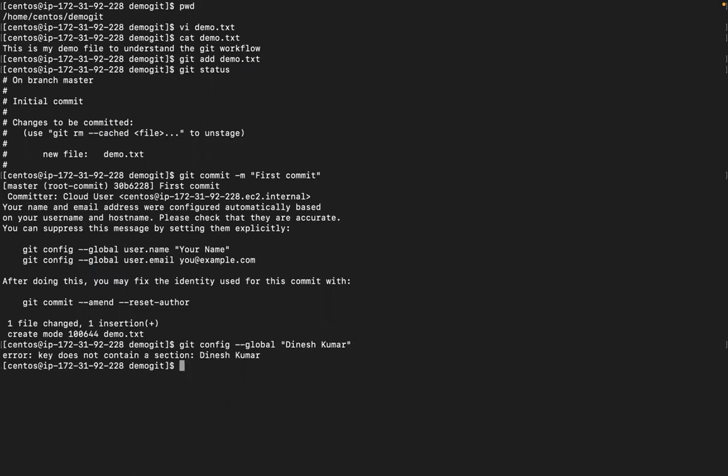Okay, I made a mistake. I have to write user.name. This is the command: git config --global user.name. Now when you press enter, yes, you can configure the email address also. Say git config user.email. Say my email address is